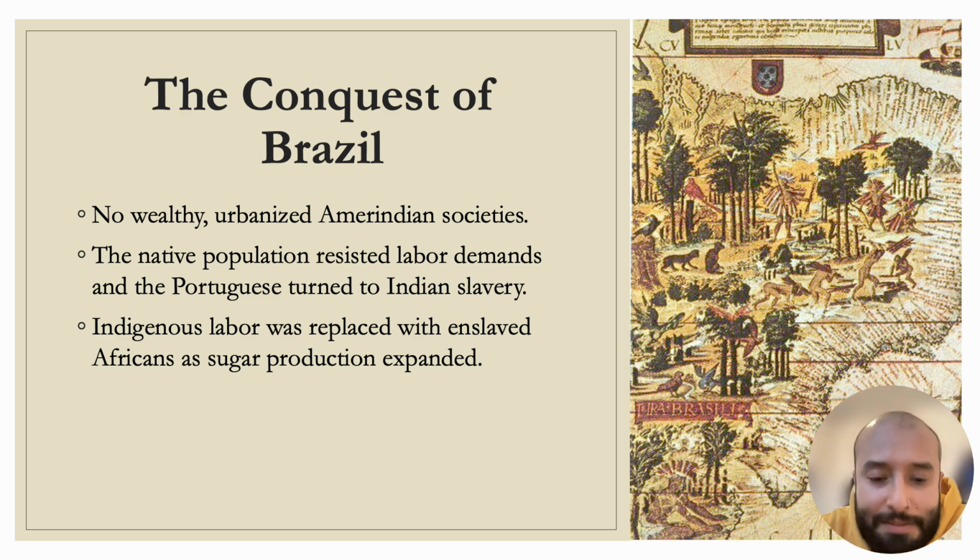If you can see in this map, this is supposed to be the coast of Brazil that I was telling you about. You can see here the name Brasil, right? Where does the name Brazil come from? Well, it was because the first trade that the Portuguese established was of Brazil wood, a kind of tree you can see portrayed here, you see? So the name of the country comes from the tree.